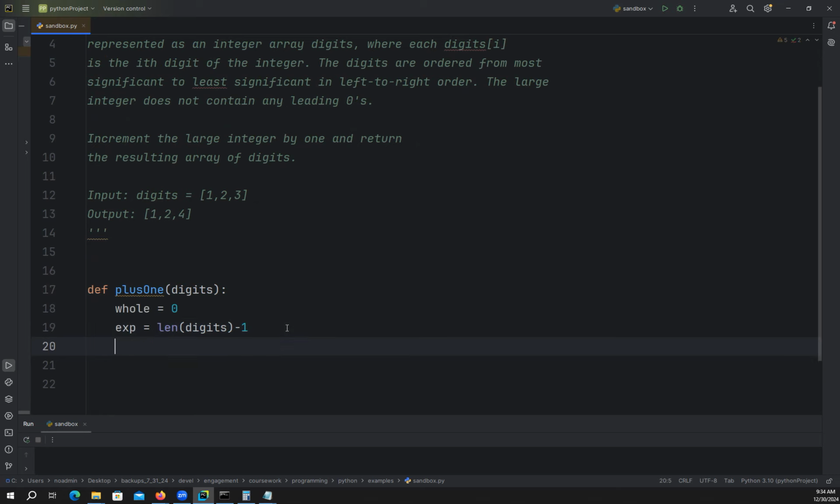Okay. And then I'm going to be doing a while loop, so I'm going to have an integer i equaling 0 as an iteration variable, because I'm going to iterate forwards through my list of numbers as I go. And now I'm going to create a while loop, and I'm going to say while my exponent variable is greater than or equal to 0, because as I was saying before, the exponentiation goes backwards, in this example from 2 down to 0. So while my exponent is greater than or equal to 0, I'm going to do what I'm doing. And what I'm going to do is